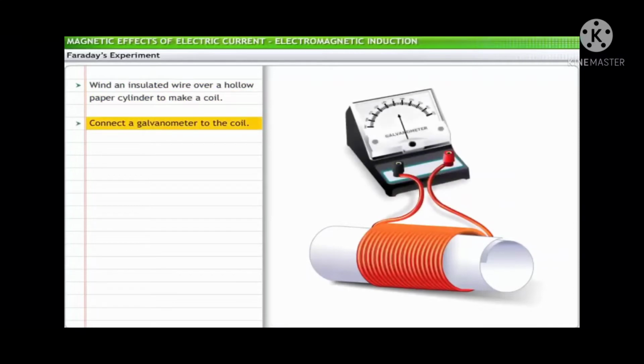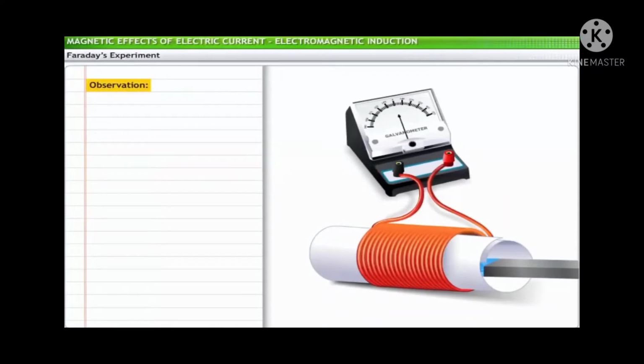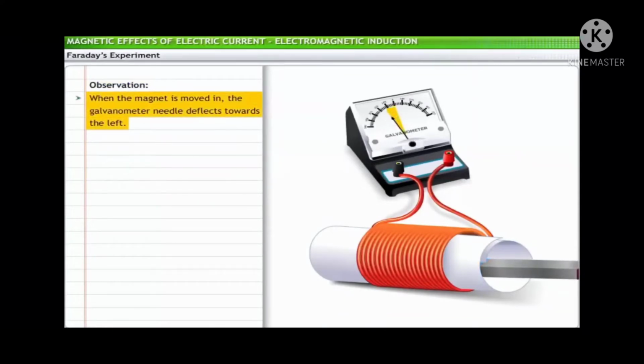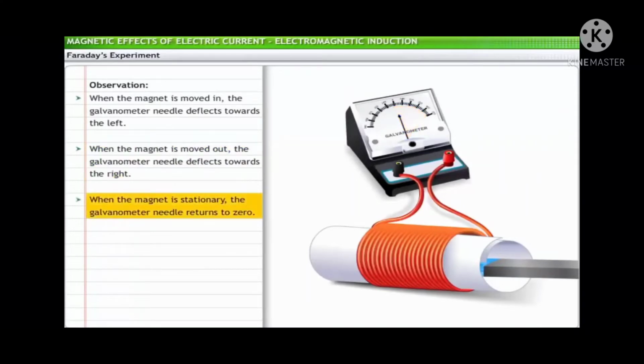Next, we connect a galvanometer to the coil. Finally, we insert a powerful bar magnet in the cylinder with the south pole entering the coil first. We observe that when the magnet is moved in, the galvanometer needle deflects towards the left. When the magnet is moved out of the coil, the galvanometer needle deflects towards the right. If the magnet is not moved inside or outside the coil, meaning the magnet is stationary, the needle immediately returns